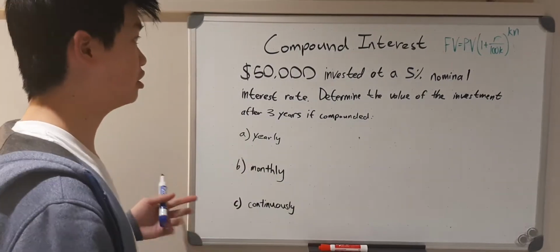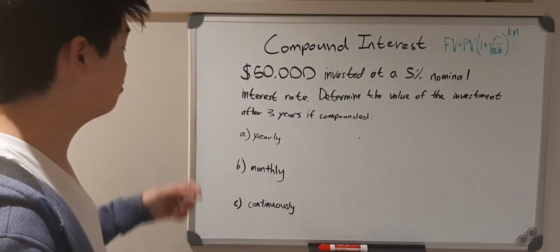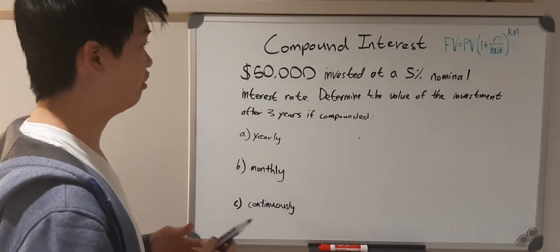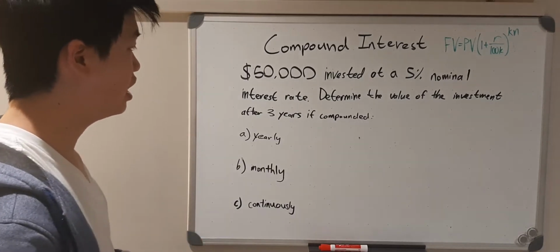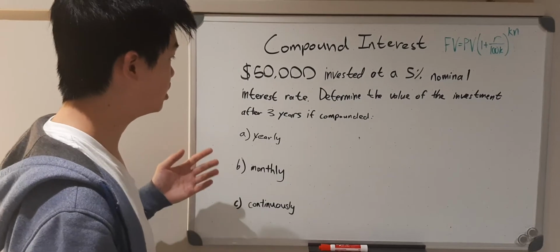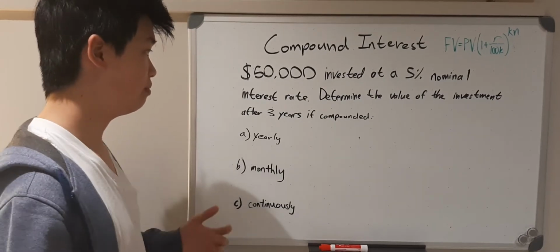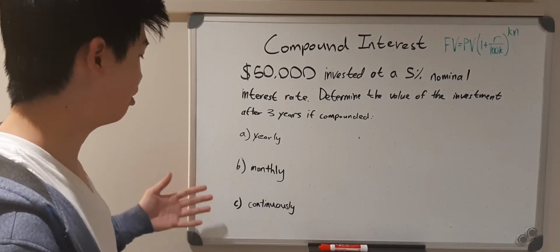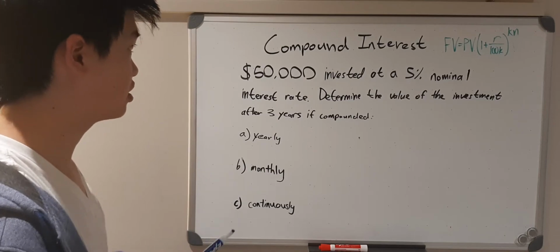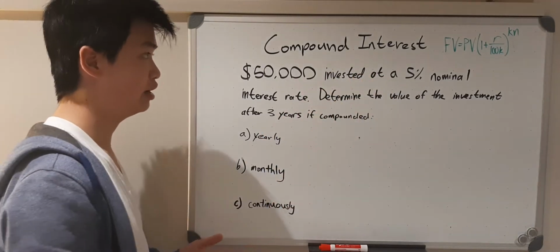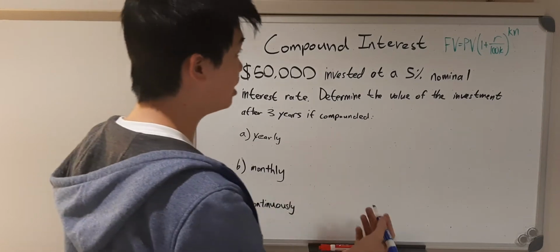Hello, so we have a question here on compound interest, and we have a $50,000 investment at a 5% nominal interest rate, and we have to determine the value of the investment after 3 years of it being compounded yearly, monthly, and continuously. So first we have a formula that's provided in the data booklet, where FV is the future